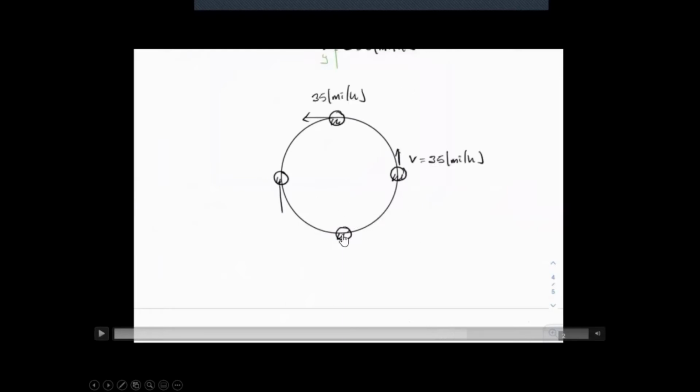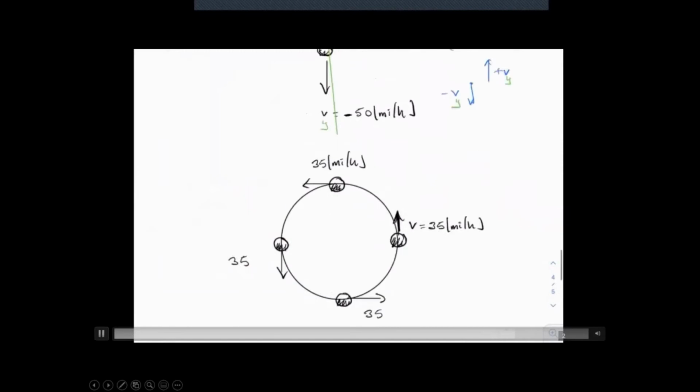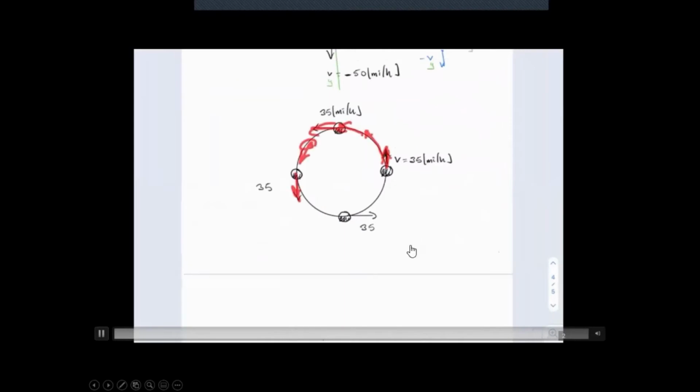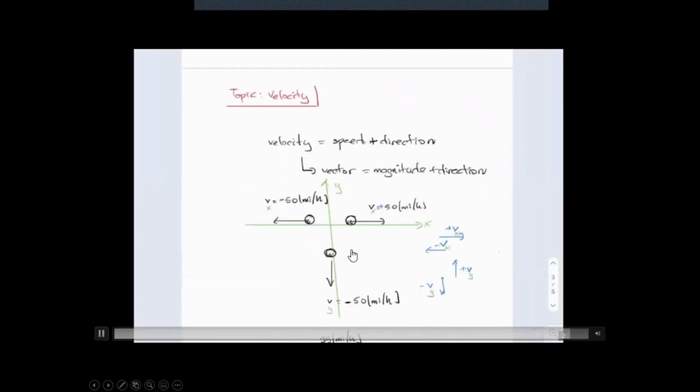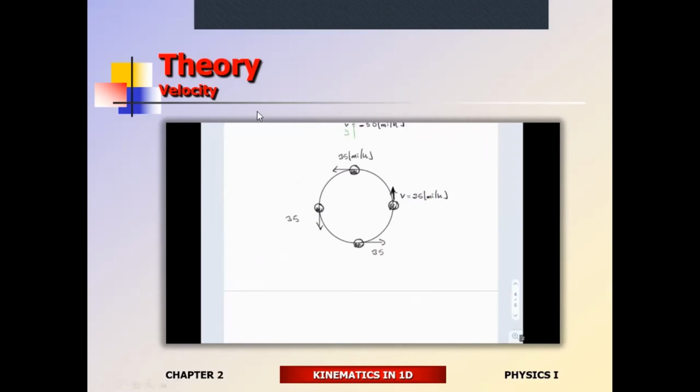All right. So in this case, what if we have something moving in a circle at a constant speed? Is velocity also constant? I think you guys know the answer. The answer is no, because velocity is a vector, so the direction is going to matter. If the direction is changing, that's going to change the velocity. And so even if the speed is constant, the velocity may not be constant because the direction of motion is changing. Okay, so that's it from this section.